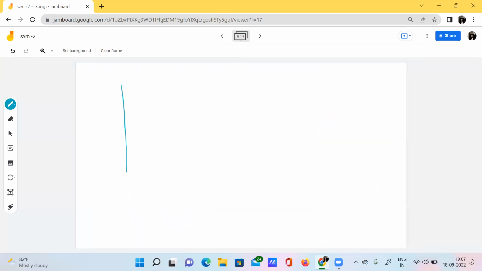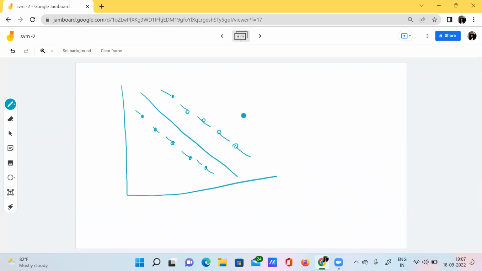Let's say I have 4 or 5 data points exactly on the margin, but there are some other data points which are away from the margin.